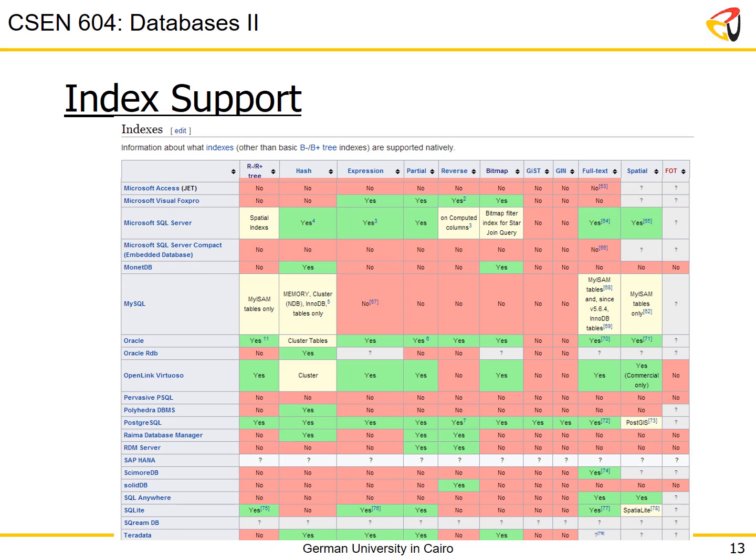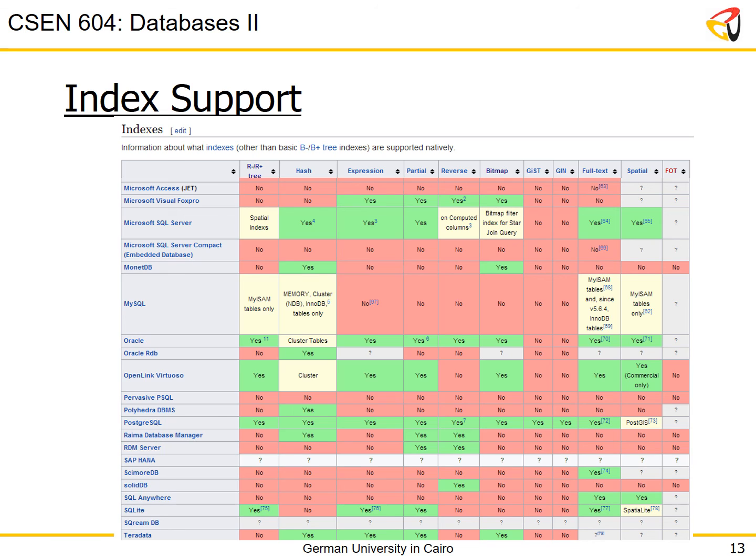Now, it supports R-trees, okay? It supports hash-based indices. It supports expression indices. It supports partial indices. It supports something called reverse indices, which we didn't cover. We don't have time for it in the course, but it's a simple concept, so you can learn it on your own later on if you'd like. It supports bitmap, which we discussed. It has no support for GiST or GIN. These are now becoming a standard, but SQL Server does not support them. It supports full text search, so it has support for full text, like searching in paragraphs using its own search and indexing technique,